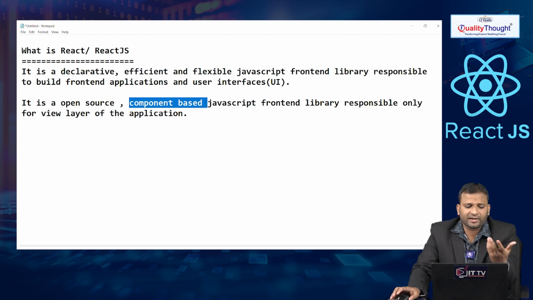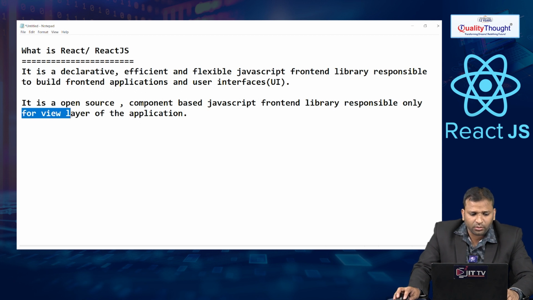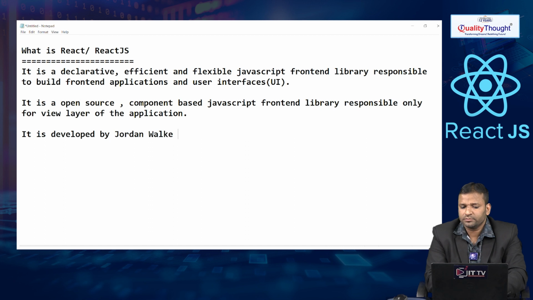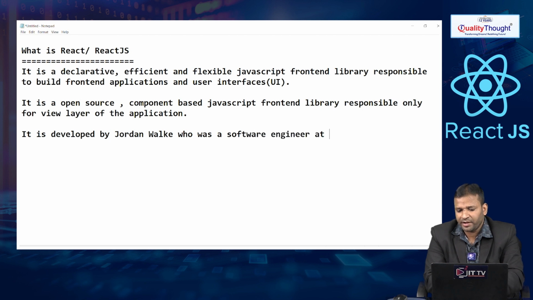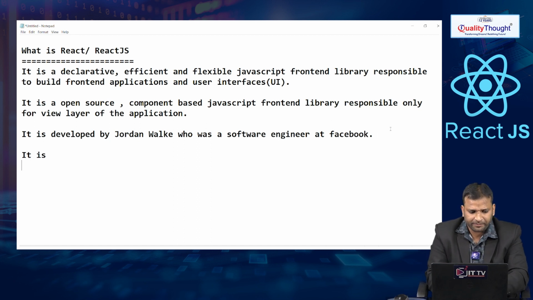I told you, in React what are we doing? We are creating components. So it's a component based JavaScript front-end library, and it is responsible only for the view layer of the application. And remember, it is developed by Jordan Walk, who was a software engineer at Facebook. So there was one person, software engineer Jordan Walk. So he created React actually, but he was working for which company? Facebook. So that's why we say it is initially